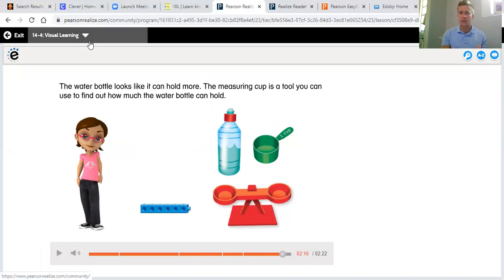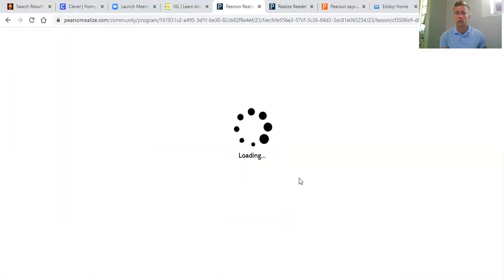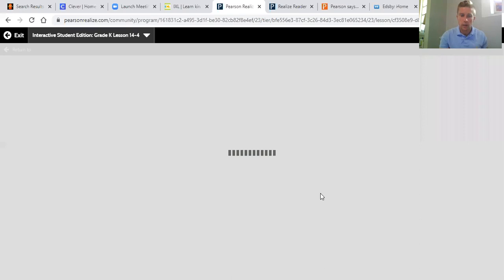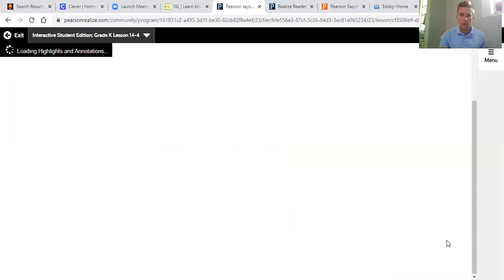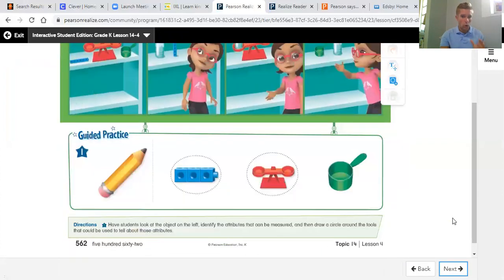So that can be anything that's liquid. Anything that's liquid, we can use the measuring cup to help us find out how much it can hold. Let's see, I'm looking over here. I need my student edition. Here we go. All right, so you're on page 562. I'm waiting for mine to load. And here we go. All right, so today all we're doing is deciding what tools we can use to measure